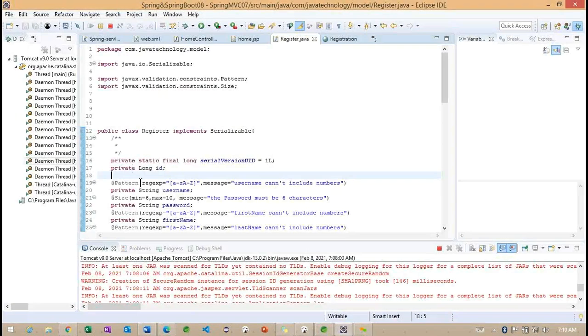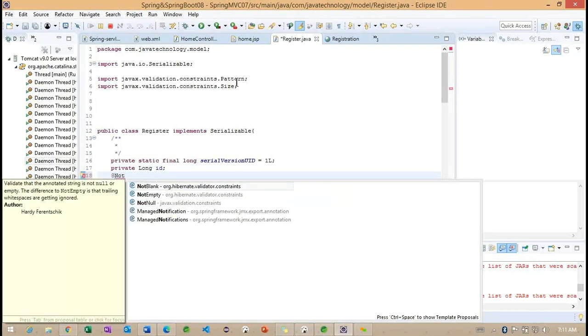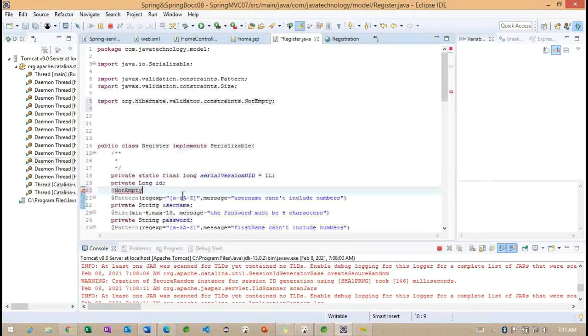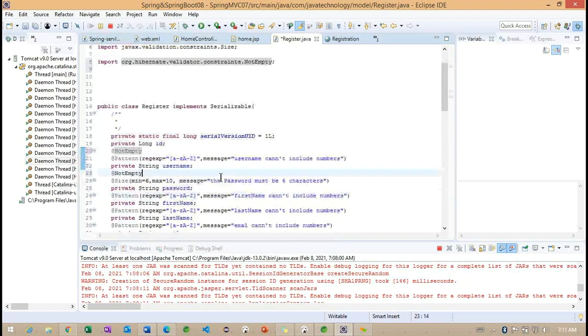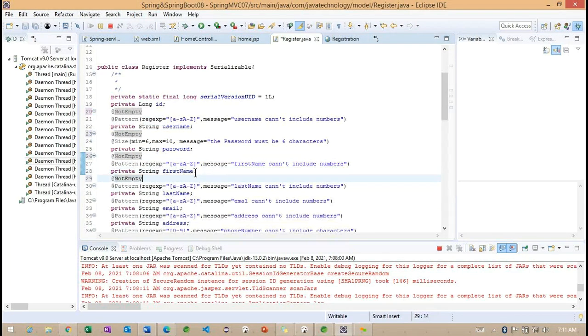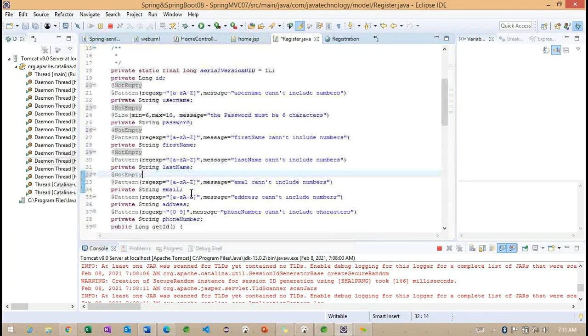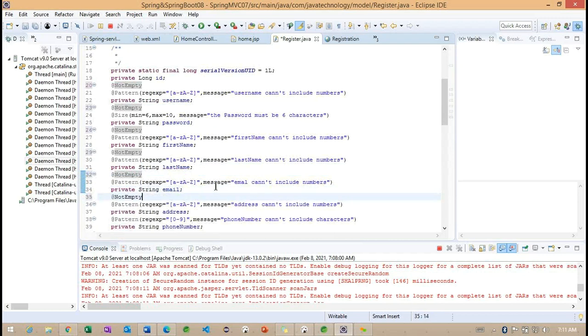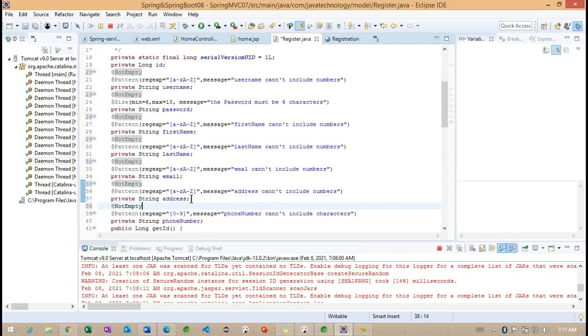Observe here, we'll try to add a different annotation here. Maybe due to some versioning, like we are using a different Hibernate version and a different Spring version, that's why it is not working properly.